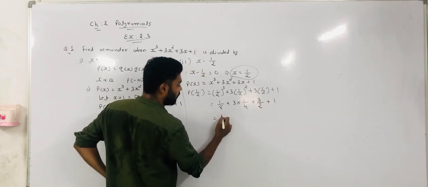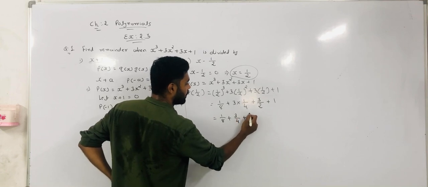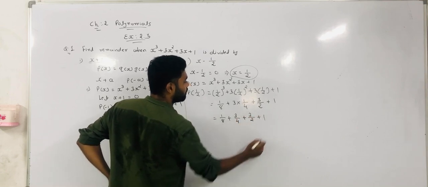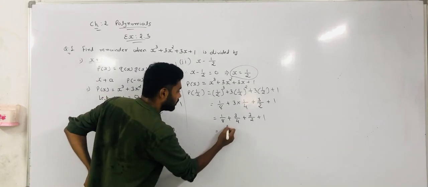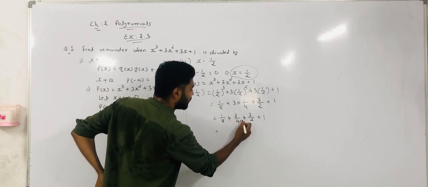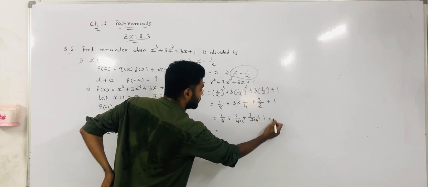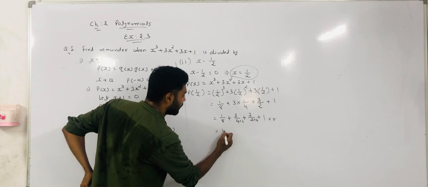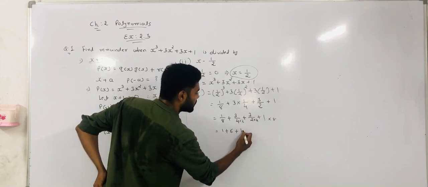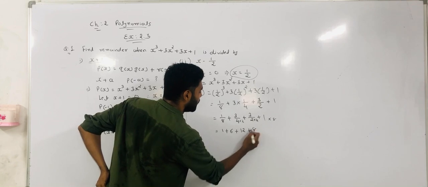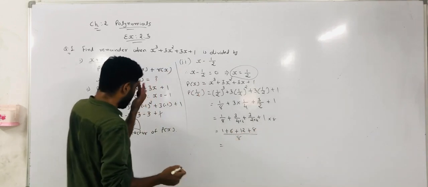So 1 by 8 plus 3 by 4 plus 3 by 2 plus 1. So LCM is 8. So multiply the second term with 2, third term with 4, and last term with 8. So you will get 1 plus 3 2s are 6, 3 4s are 12, plus 8, divided by 8. So 12 plus 8, 20, plus 6, 26, plus 1,